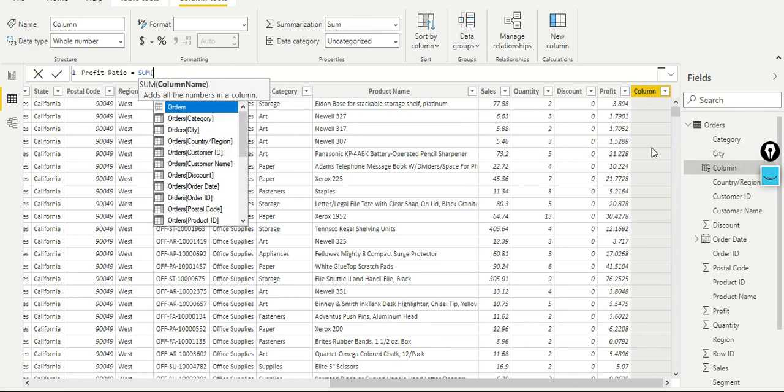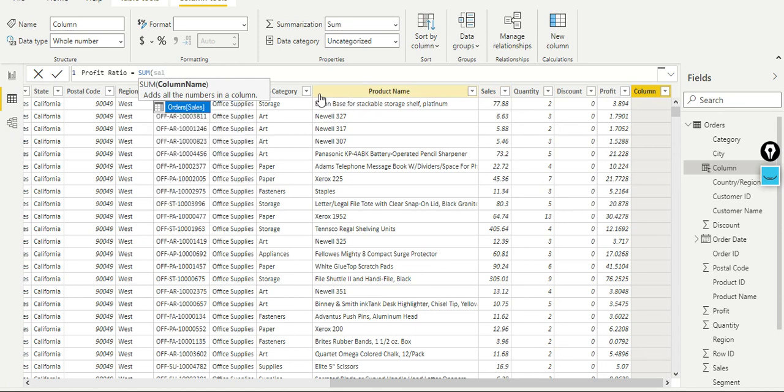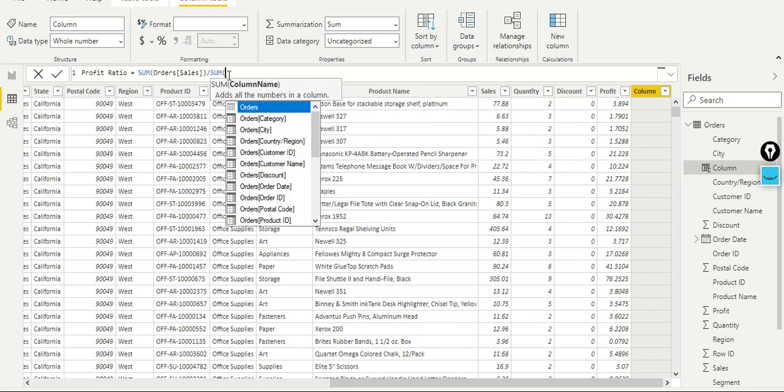Sum of, what is the column name I want here? Sales column. I'm going to type sales. So it says Orders sales. Orders is the table name, sales is the column name. You can select it by clicking on the Tab key on your keyboard. Now let me close the parenthesis. Divided by sum of order sales divided by sum of,